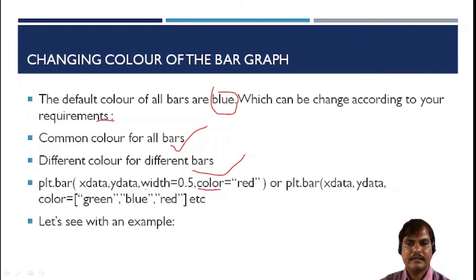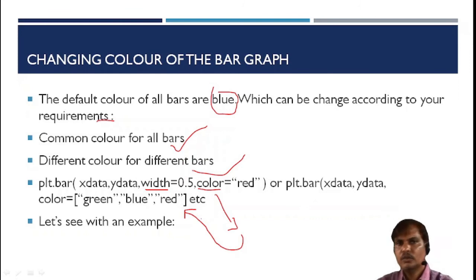Last time we discussed width. Now we are going to discuss color. Right, when you want to go for different colors, you have to pass a list argument again. So once you understood width, definitely it will be very easy to understand the color argument, or you can say color function. So let us see.